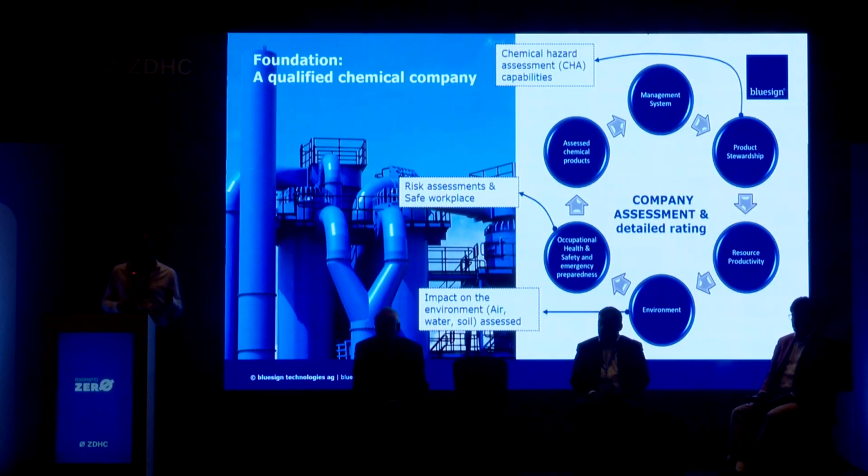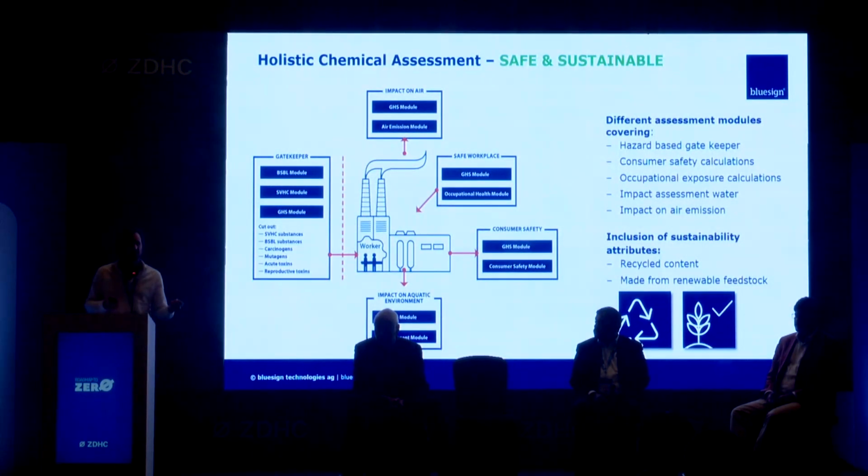And the foundation of everything is a qualification of the chemical company, and that was very nice to see that Tanatex actually showed today the result of our holistic company assessment, which is composed of management system, so quality, occupational health, safety, environment, product stewardship, which is the core of the whole system to provide the data for chemical assessment, resource productivity, environment, looking at air, water, soil, and looking at occupational health and safety. So this is the foundation, and only then a company can actually provide the data that we need for our